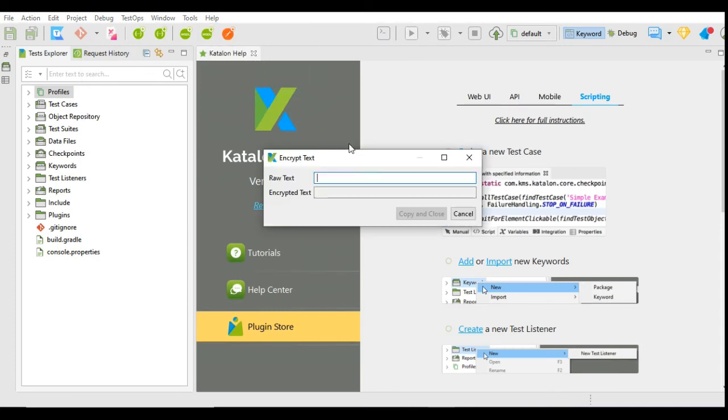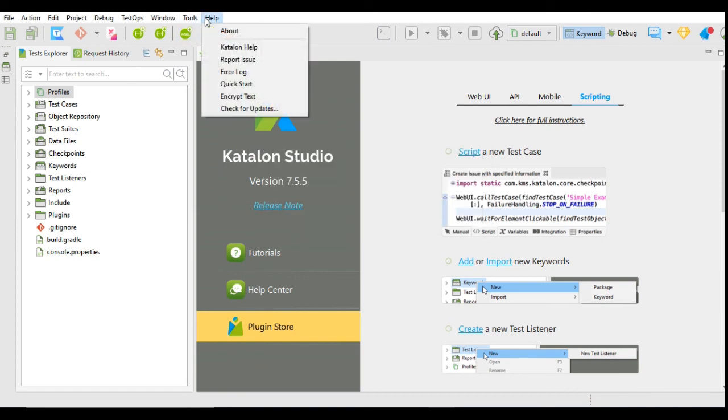This Encrypt Text menu is to encrypt any text that you enter over here. This encrypted text you can copy and use in your project. This is generally used for password protection or some sensitive information protection.